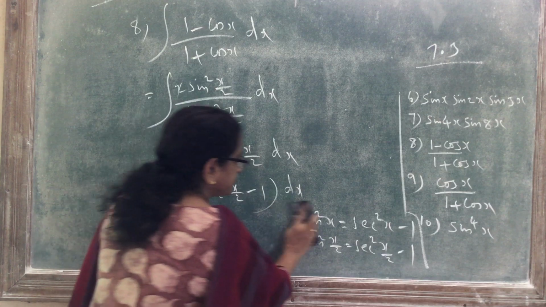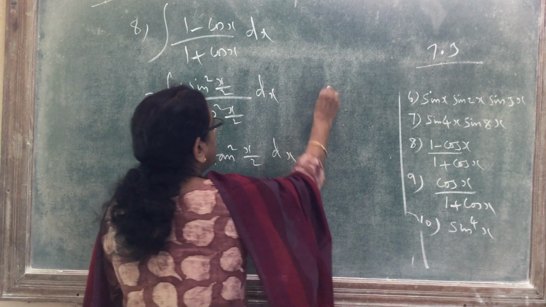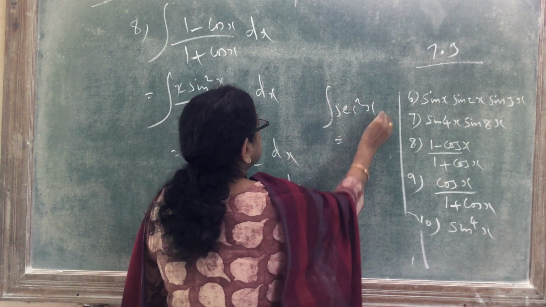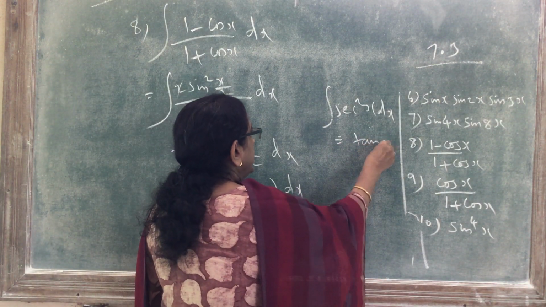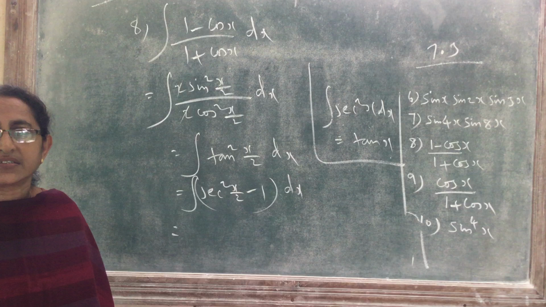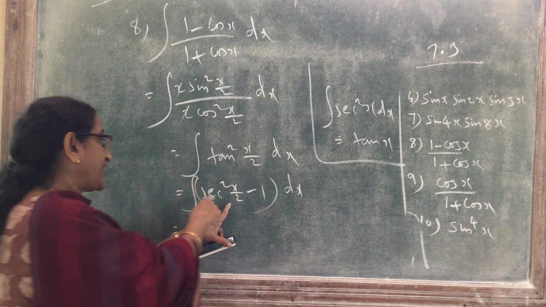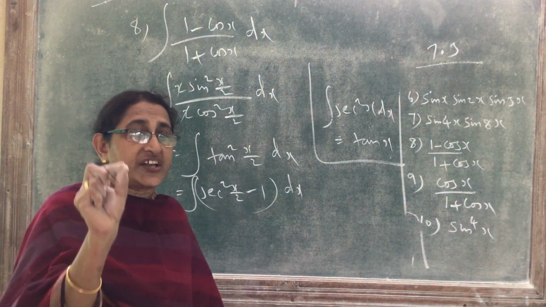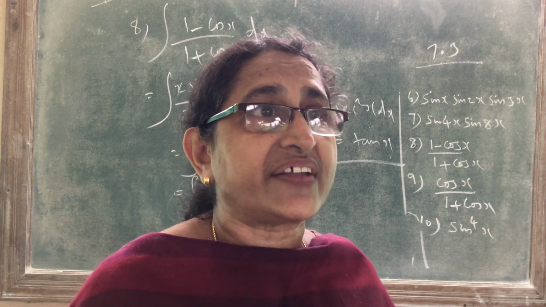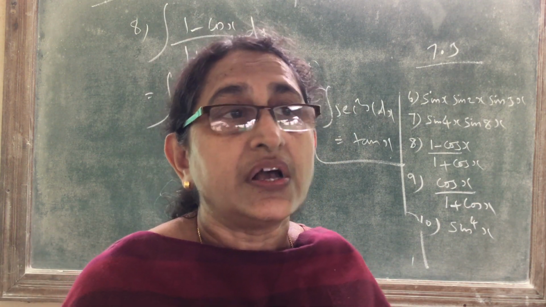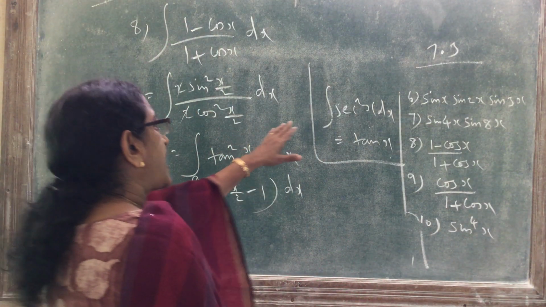Now we do the integration. Then directly integrate. What is the integral of sec square x by 2? Again remember the formula. What is integral sec square x dx? Remember. Integral sec square x is tan x. Using that, what is the integral of sec square x by 2? Only difference, in the place of x it is x by 2. What's the derivative of x by 2? 1 by 2. So you have to divide by the derivative of x by 2, that is 1 by 2. So you can use the same standard formula.